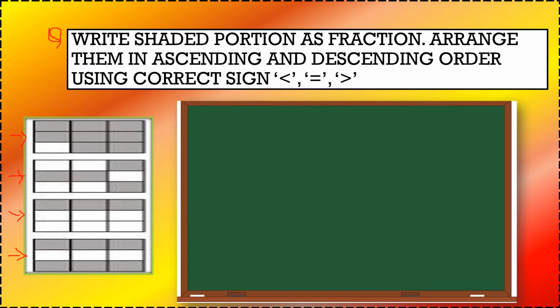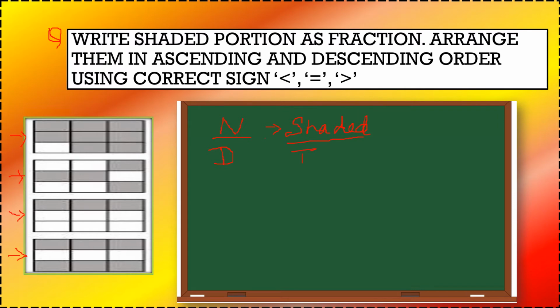Okay, so with this we will quickly recapitulate our concepts of fraction, and then we will learn how to compare the fractions. So here looking at the first one, let's count how many are shaded and how many are total. So when you write a fraction, you all know that there is something called numerator, right? And then we have a denominator, and we all know that the numerator is what we see as shaded, right? So you will be counting shaded, and denominator is about total number of parts. Okay, so shaded parts upon total number of parts.